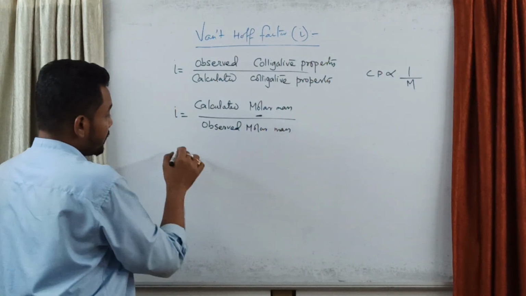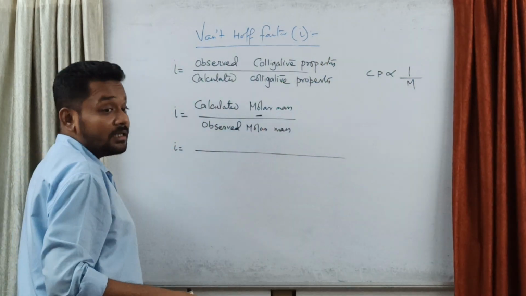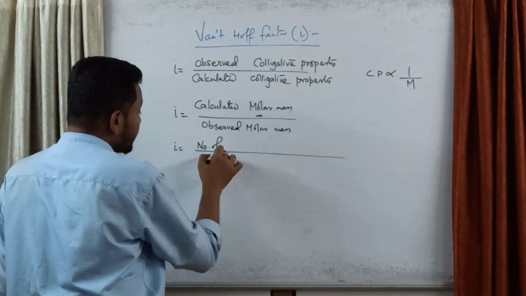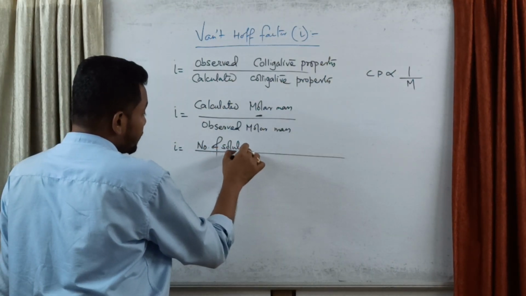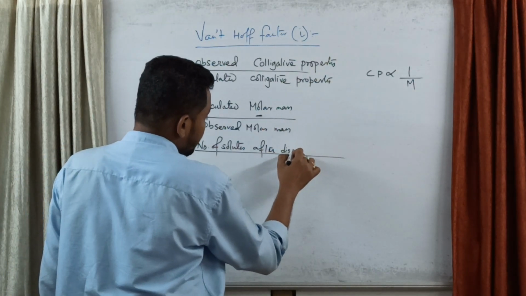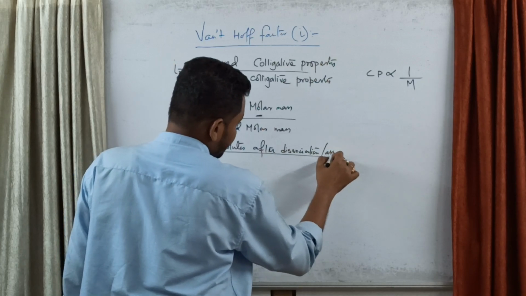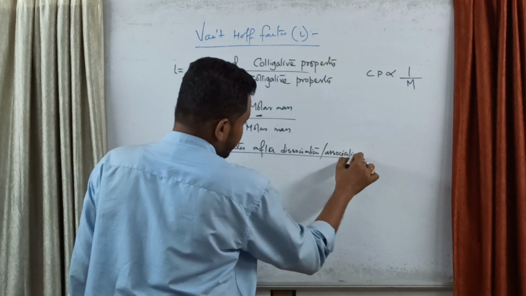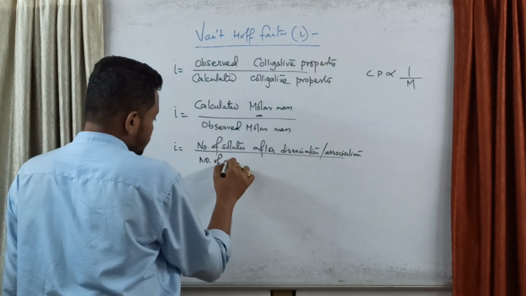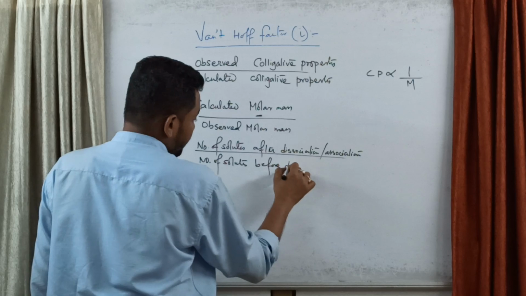আরেকভাবে আইকে রিপ্রেজেন্ট করা যায়, তিনটে দেখিয়ে দিচ্ছি, দেখো তিনটে বইতে দেয়াই নেই। নাম্বার অফ সলিউটস আফটার ডিসোসিয়েশন অর অ্যাসোসিয়েশন, divided by number of solutes before dissociation or association।